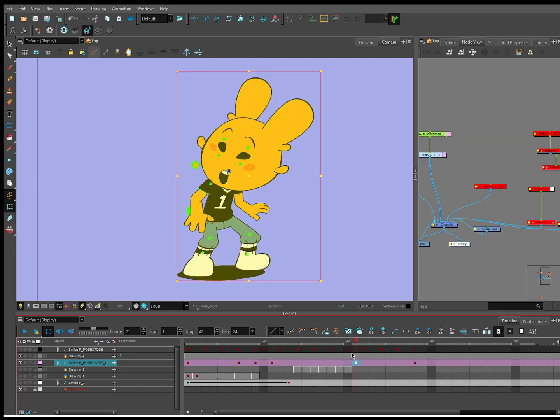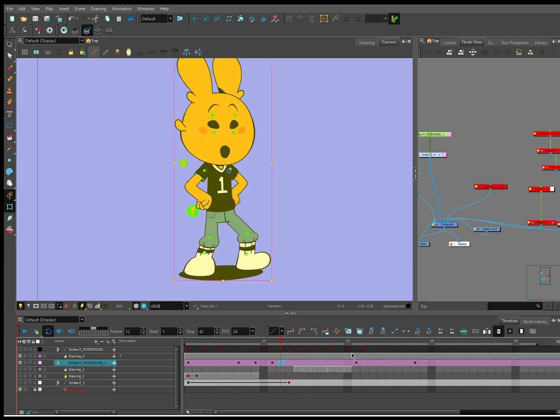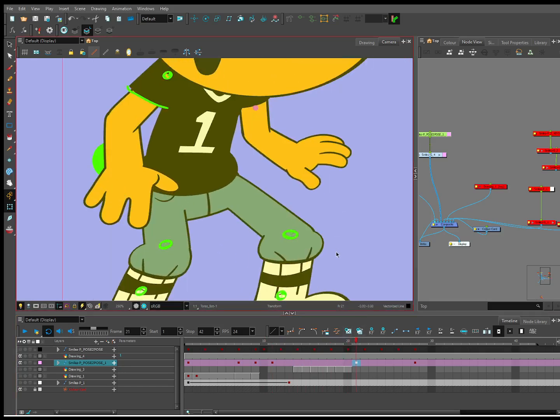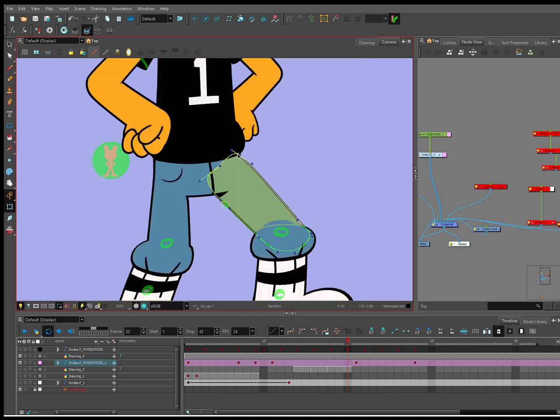Now we still have, oh, you know what I'm going to do before I go further? I am going to fix between here and here, because these legs are just not right. And this is what's throwing me off.